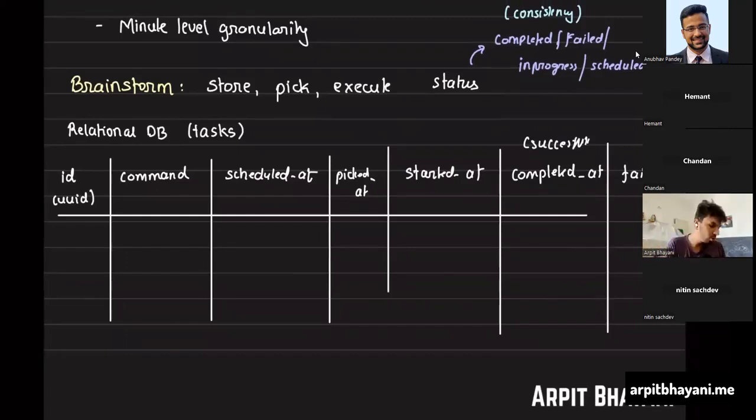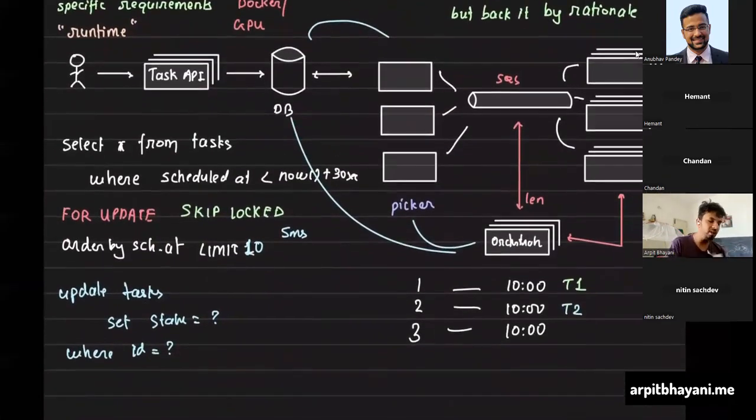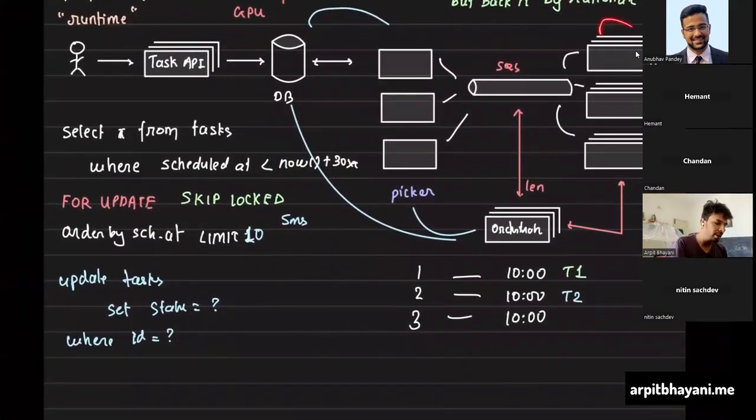Because now you know which part is the bottleneck, and what you should be optimizing. So you need to store the timestamps exactly like that, so that you know which phase is the most time consuming: scheduled at, picked at, started at, completed at. Completed at would help us know, on average, how much time a particular task takes, and depending on the types of tasks that are scheduled, you can then provision the number of machines.